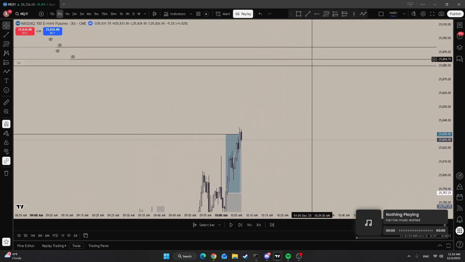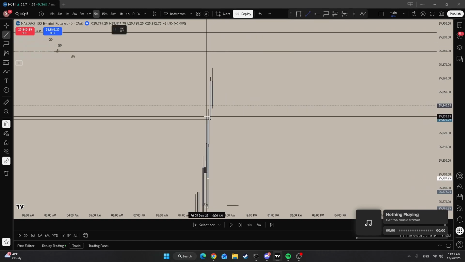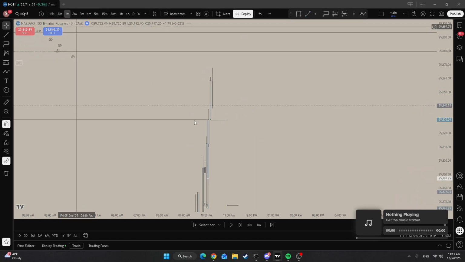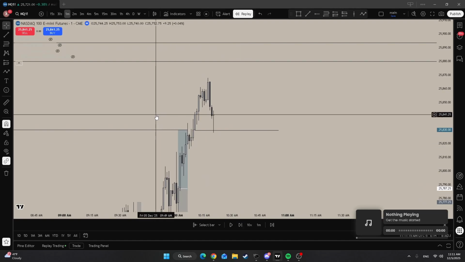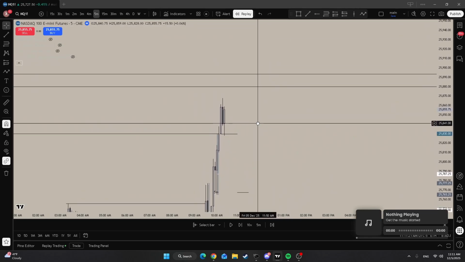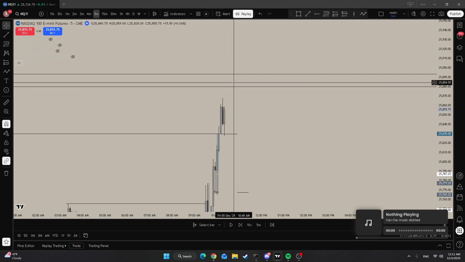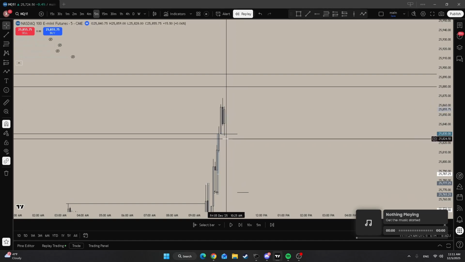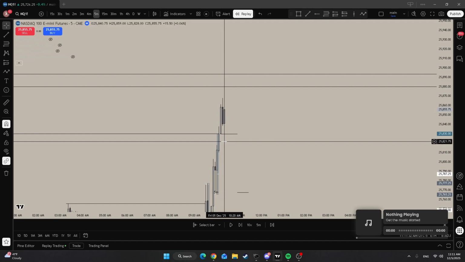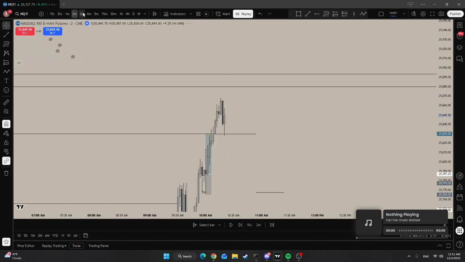But then after that, my next draws were up here, and this is where I went wrong today. We got super close, and then we displaced down, and there was this 5 minute right here that I just wanted to look for a continuation up to. Obviously I should have waited for a more discounted price, but I've seen a lot of times where we get super close to the draw, have a little pullback, and then go up to it. So in my head, I was thinking, okay, we get this tiny pullback, we hit this 5 minute, we soup it,